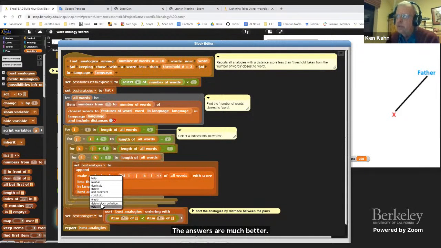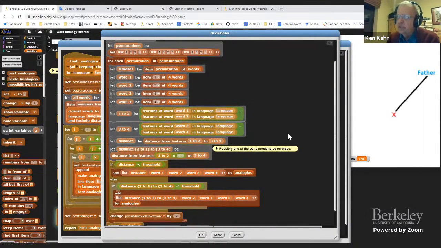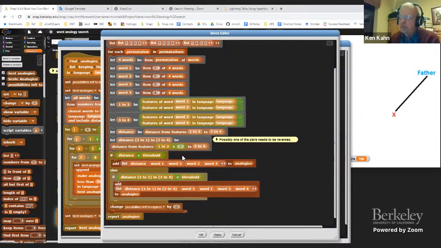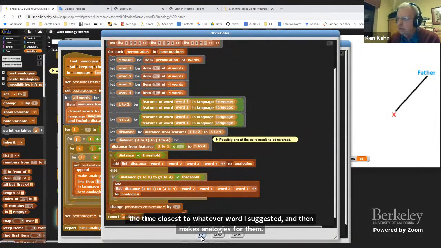And the way it makes an analogy is just this distance between the differences between pairs of words, and it checks to see if one of them's in the wrong direction. But if either one of them is better than the threshold, then it gets added to the list, which we just saw. So hopefully by now we'll have a good